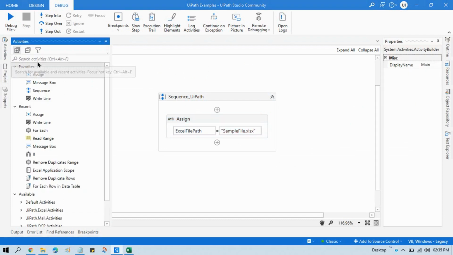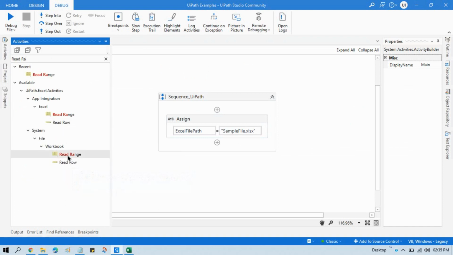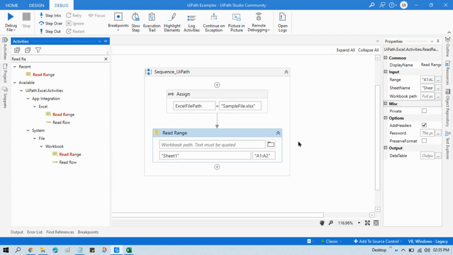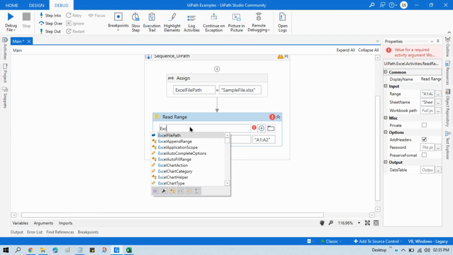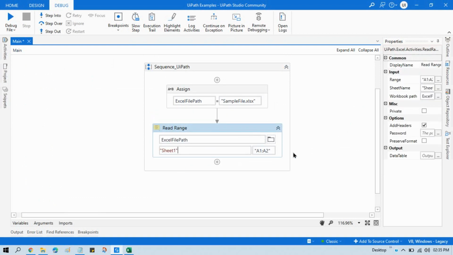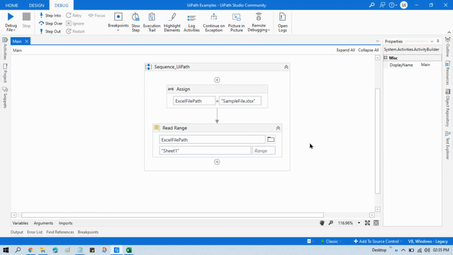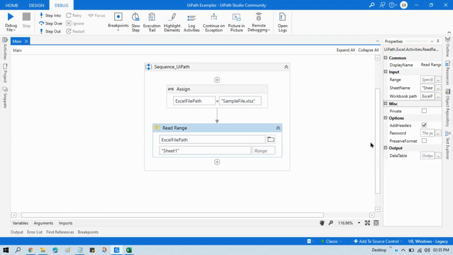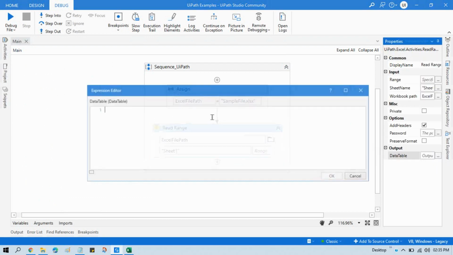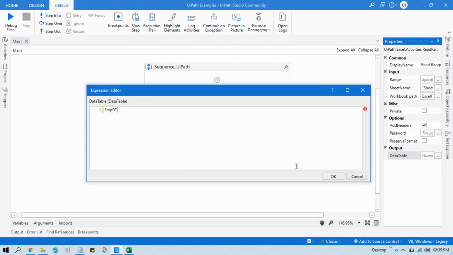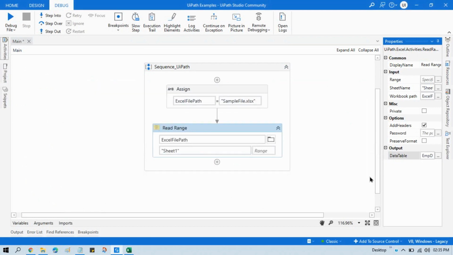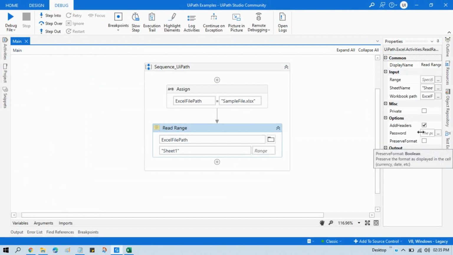Now let me take one read range activity, enter the Excel file path, sheet 1, delete this from range, and store this in a data table, that is employee DT. So this is a data table. Check this add headers.